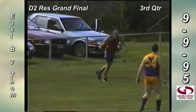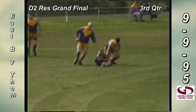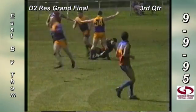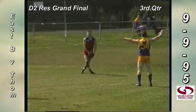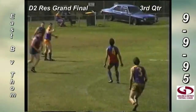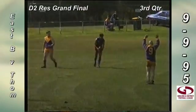Jimmy Cheetahs takes the mark, 15 metres clear of any other player for East Belmont. He chips it back. The mark is taken there by Ernie the Dingo Posman at half back, or just short of that position perhaps. Wants to get on with the game, does the Dingo. Not allowed to. Now he goes short to Ramier, who chips in. He does take the mark at half back, and standing the mark there is...